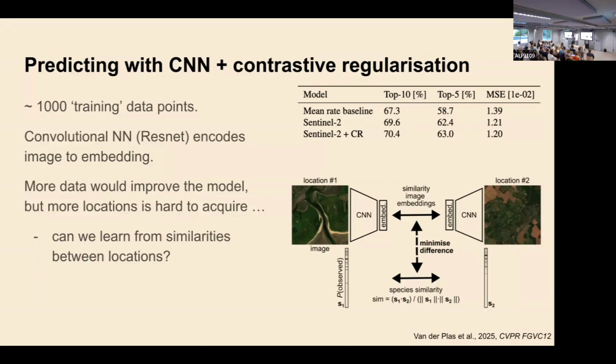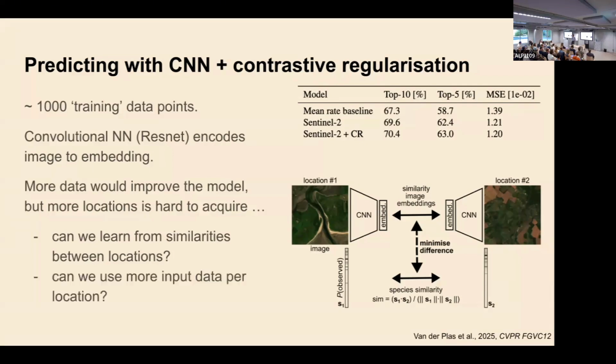The intuition is that for locations with similar species, we want the image encoder to also create embeddings that are similar. By using this to create a contrastive loss, we add it as a regularizer, which slightly improves the